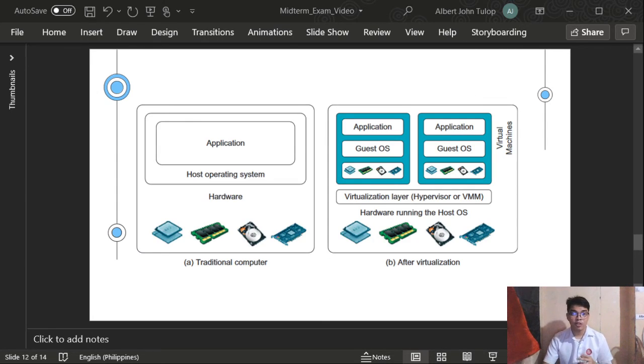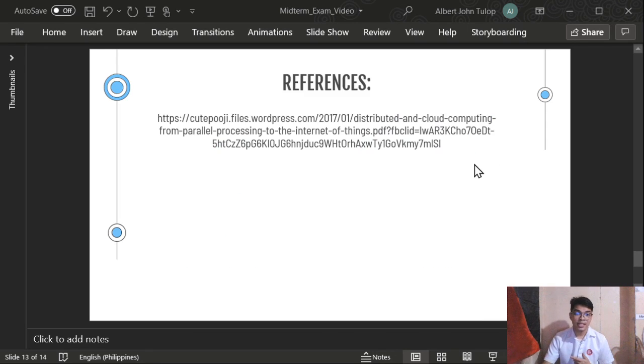As you can see here in the illustration, on the left side is a traditional computer that is purely the hardware, OS, application structure. But on the right side is the system after the virtualization, having the hardware virtualization layer and virtual machines. You can see here that the traditional computer utilizes its resources purely, while the other one, after virtualization, utilizes its resources to have more machines. Like you can see here, there are two virtual machines within the same machine.